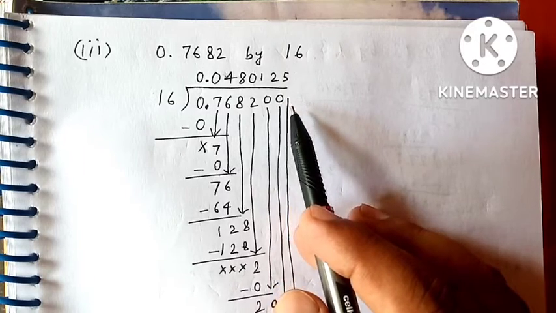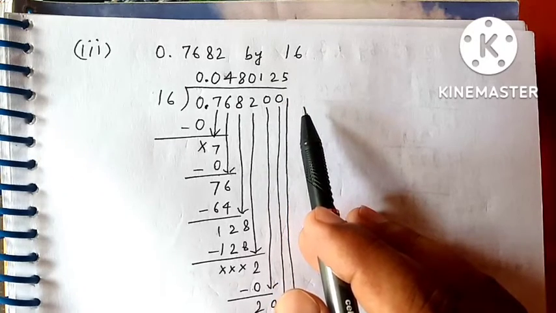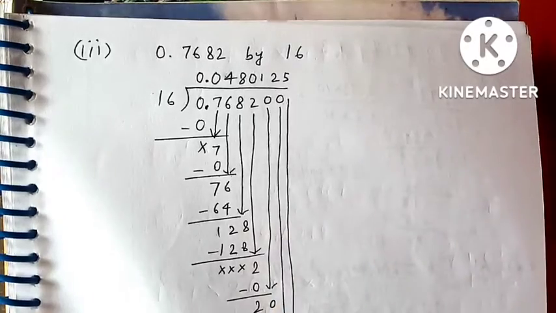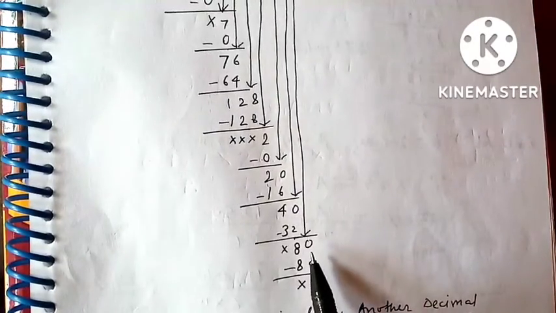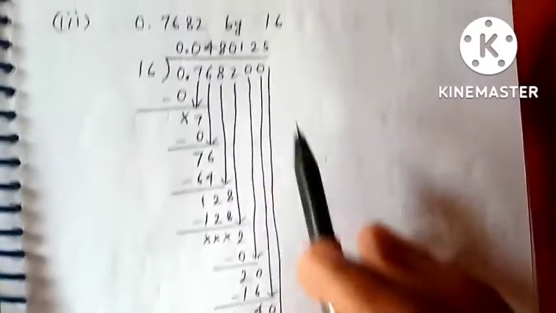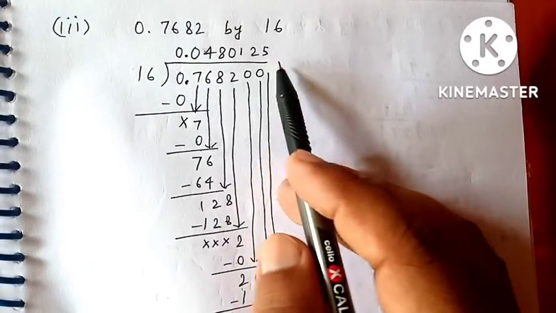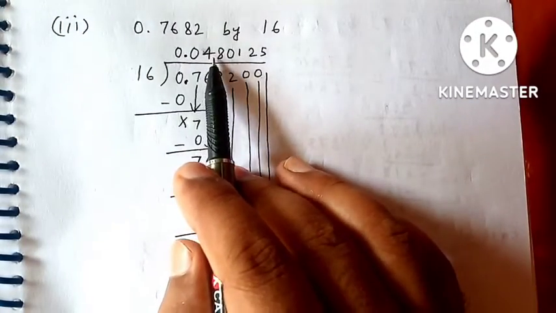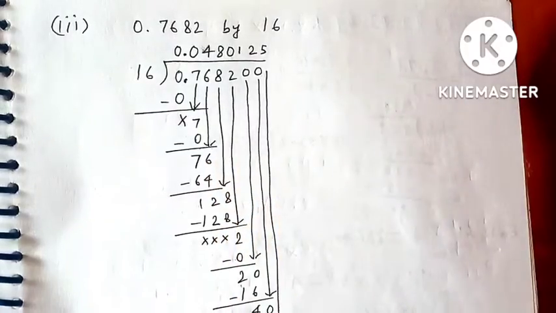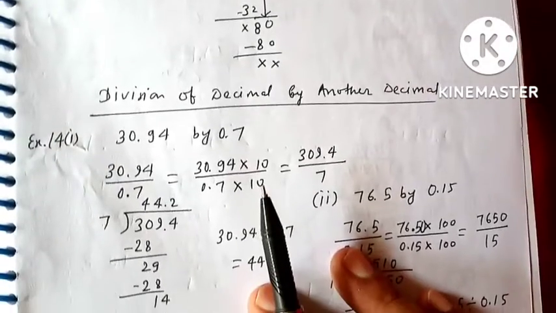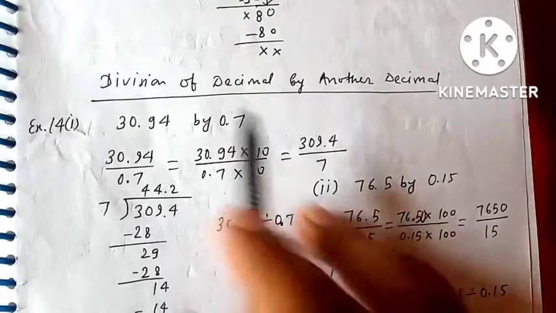Put 0 after the non-zero digit in the decimal. 16 5s are 80. So the answer is 0.04